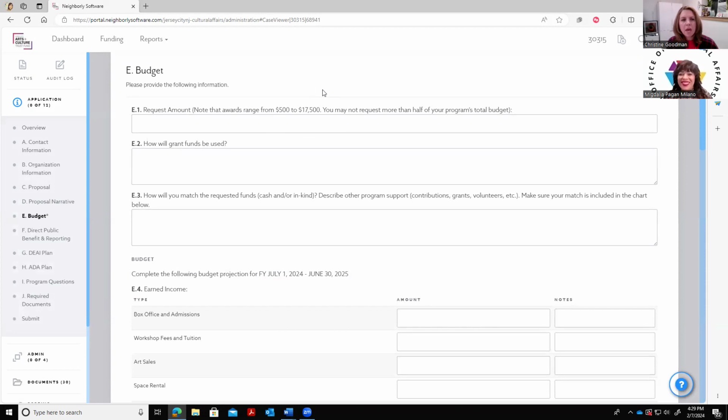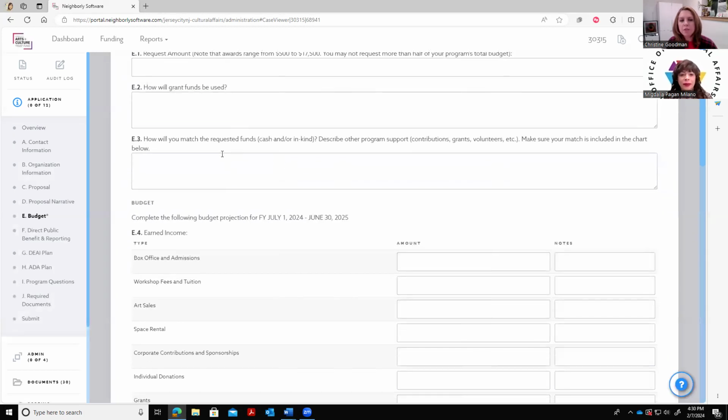Sure. In E1, you're going to note the amount of your request, and then in E2, you'll let us know how you intend for the grant funds to be used. And then in this third section, this is where you'll talk about that match. So that match should also be reflected in your budget below, but this is where you will let the review